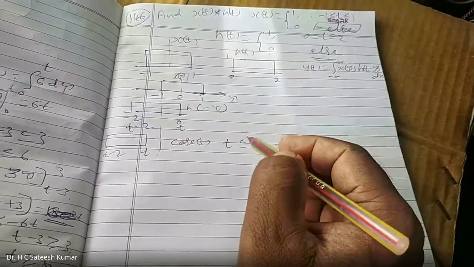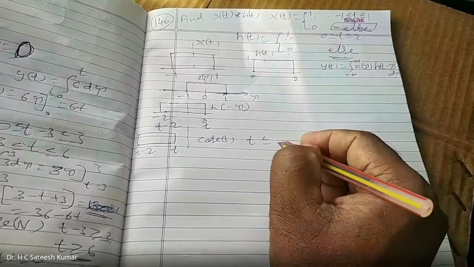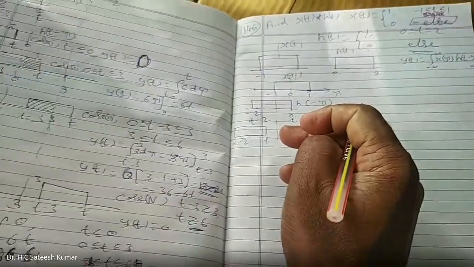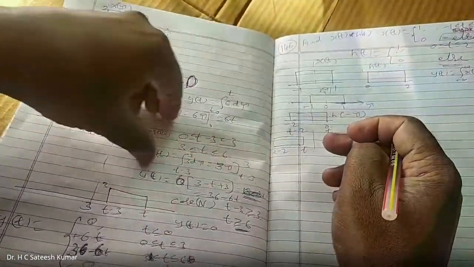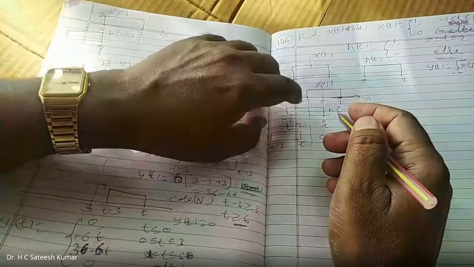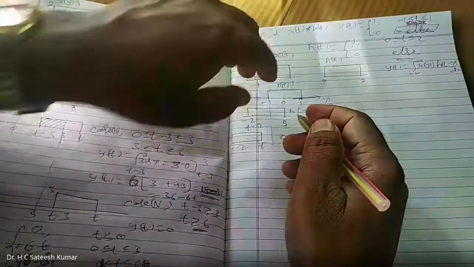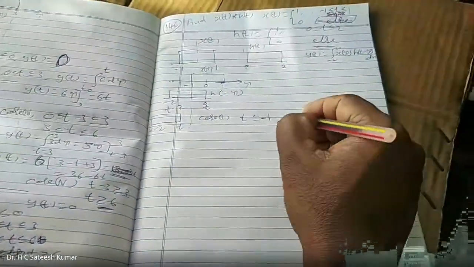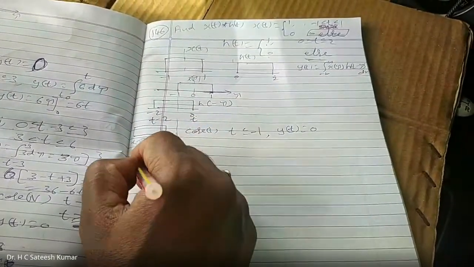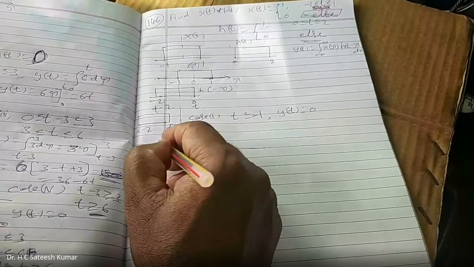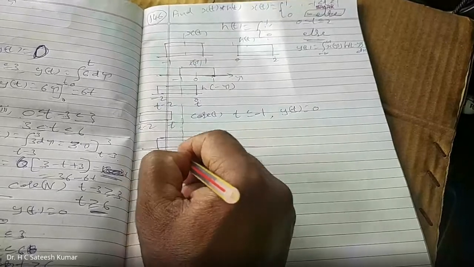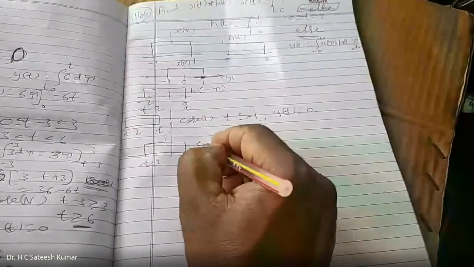So therefore, I started shifting from minus infinity as long as t is less than or equal to minus 1. I started shifting until minus 1. Now don't go up to 0. At minus 1 itself, there is a change. For t less than or equal to minus 1, y of t is 0 because there is no overlapping. Now the second one, what will happen? It starts shifting. This is t. This is t minus 2. Its value is 1.